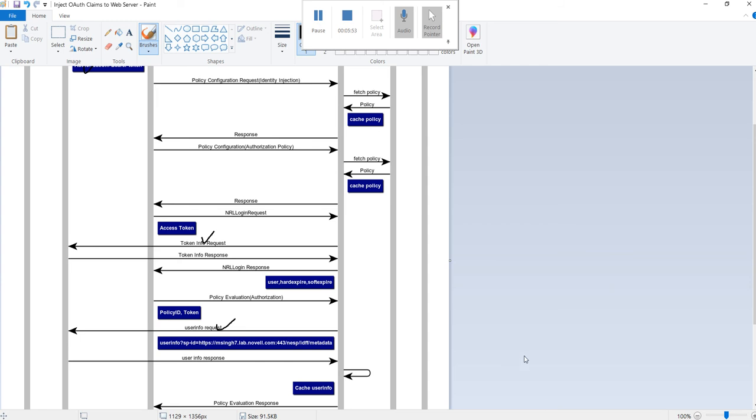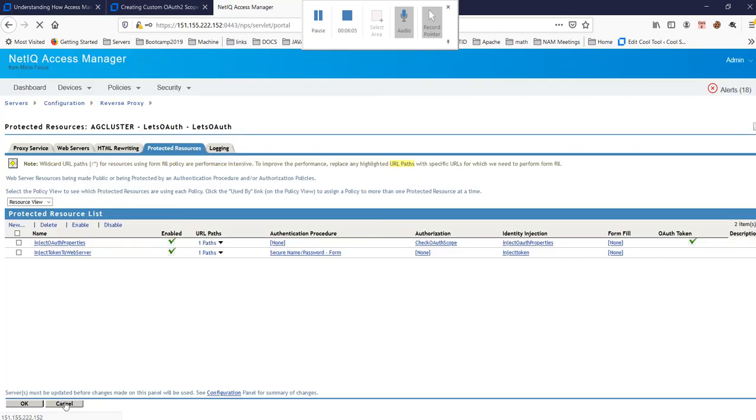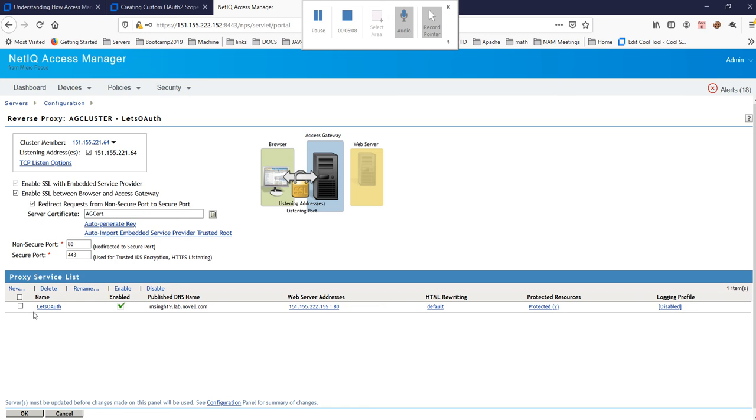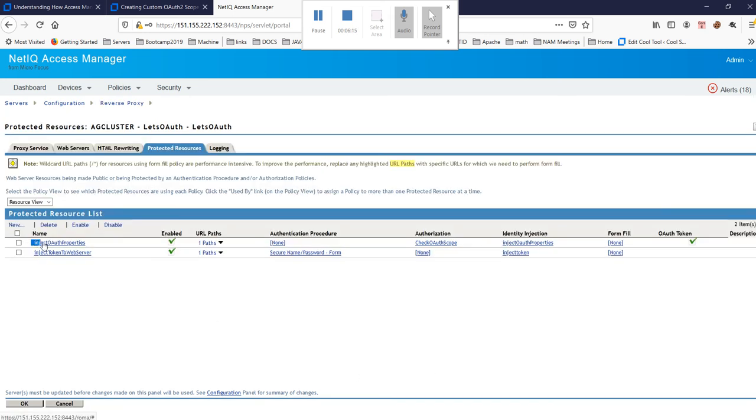So now we will see how this particular use case can be configured with the access gateway. To do that, we will go to access gateway, and I have created a proxy service here, and it has this particular protected resource I have created for this purpose. So the main point we need to remember when we create a protected resource for such a use case,